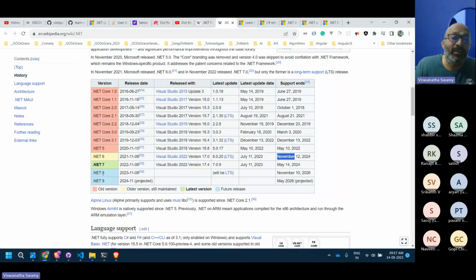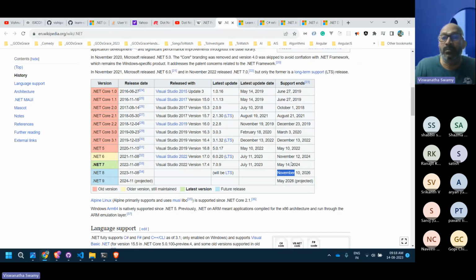So what is the advantage of learning .NET 8? If you learn .NET 8 today, they will be releasing it in November. So the release date is November 2023. From 2023, you're good till 2026. Again, .NET 9 they will release a little earlier, but still you can learn and keep it ready. But it makes sense for you to change when .NET 10 is released, because if you see .NET 7, its end of life is May 2024.